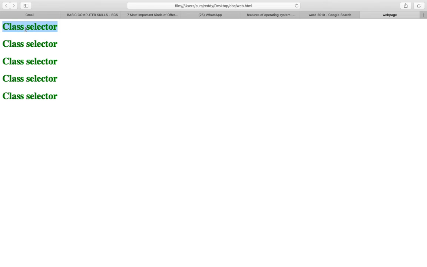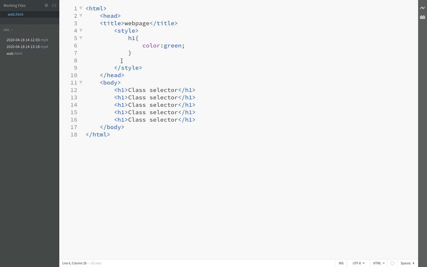So what we are doing is we are using an element selector or a tag selector here. This is called a selector and these are called the properties. When I say h1 here, wherever h1 occurs, it is going to apply all these properties. But my intention is I want to change only these properties. Here I have already given green color, everywhere it is green. But for the first h1, I want to change the color to red. With this tag selector, it is not possible.